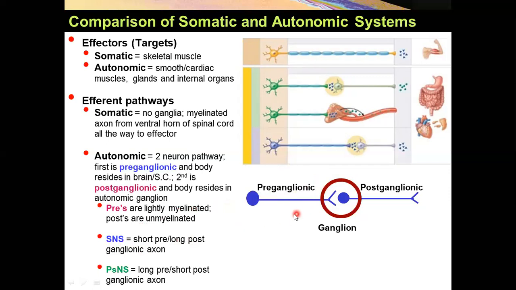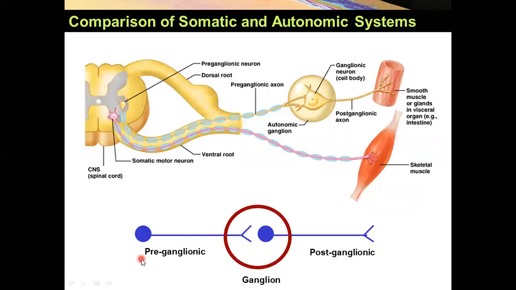Okay, in the sympathetic nervous system, there are short pre-ganglionic and long post-ganglionic axons. In the parasympathetic nervous system, there are long pre-ganglionic and short post-ganglionic axons. Okay, now here we see the somatic motor neuron